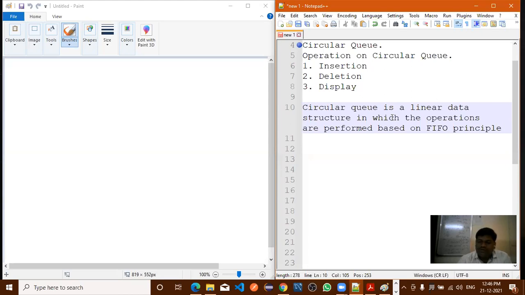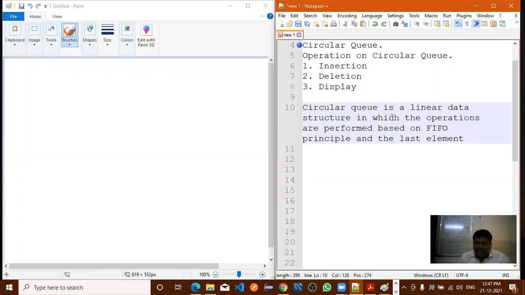The same principle is used in a linear queue. Now, what is the difference between the linear and circular queue? The difference is the last element. In the linear queue, where is the last element connected? After the last element, what comes? We end the queue. In a linear queue, we do not connect the last element to any next element.